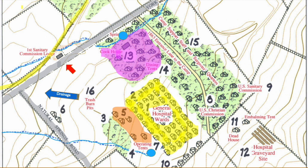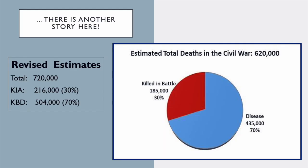wounded soldiers. Although they did not know much about diseases and particularly how they work, everybody realized that a clean, healthy environment with fresh air and controlling of liquids that hit the ground and fluids would help enhance the survival of the soldiers. Now, we do talk an awful lot about battle damage and battle wounds, but we just want to stop here for a second to tell you how important the physical characteristics of that piece of land are